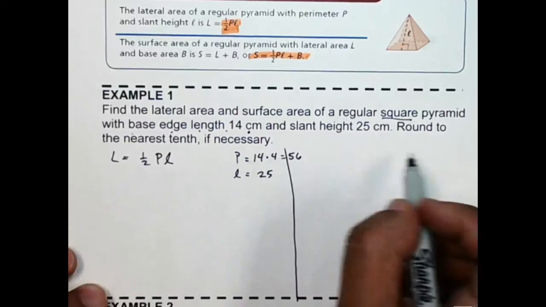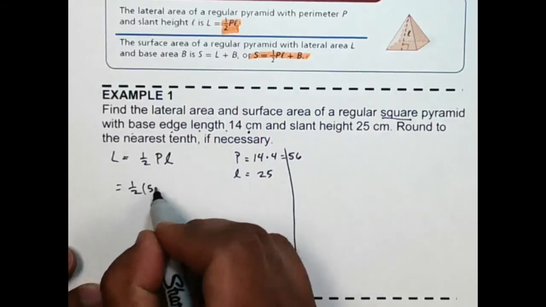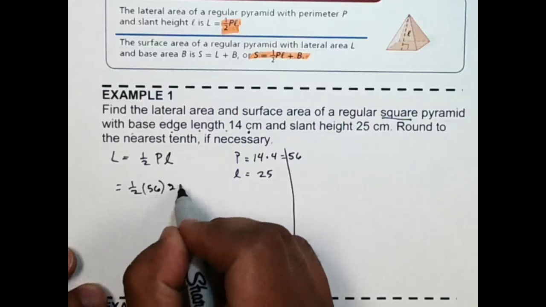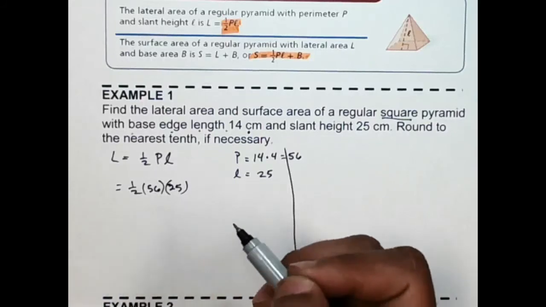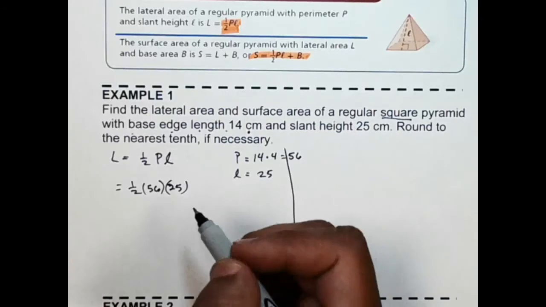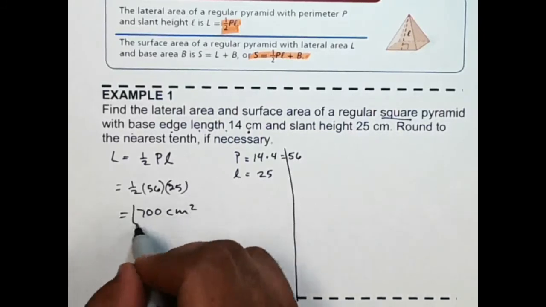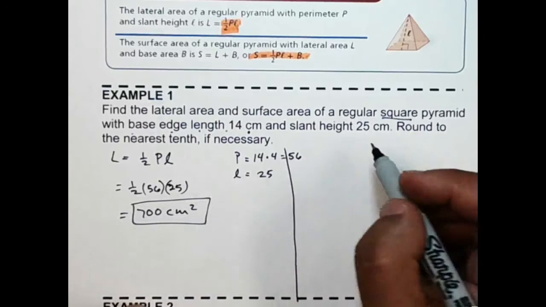So they gave me that one. Round to the nearest tenth. So we got 1/2 of 56 times 25, which I get 700 centimeters squared. Right. And then we need to find